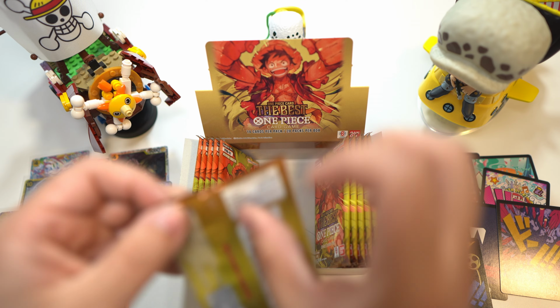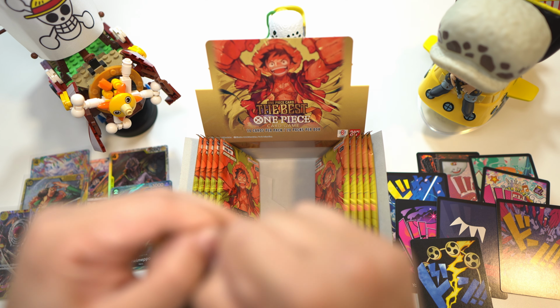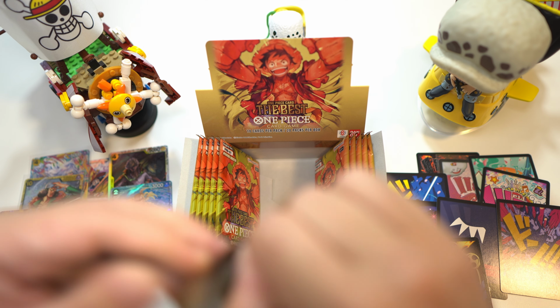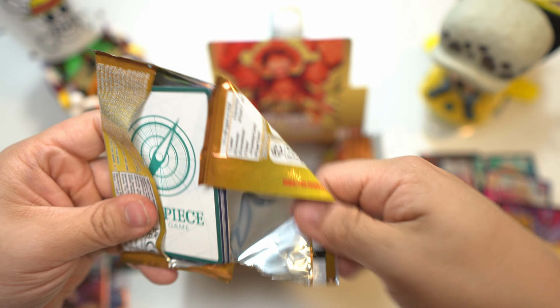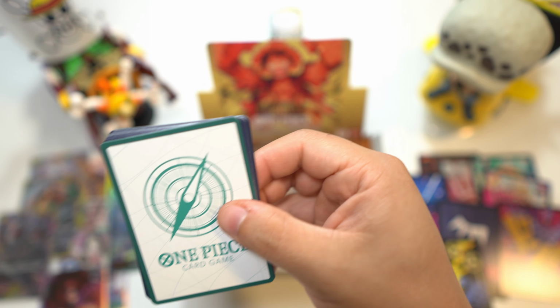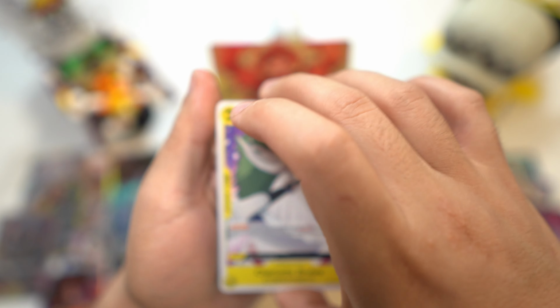And that's what I feel about PRB-01, that sometimes you just get hits after hits. And again, this is what I meant by it takes a while for me to open some of these cards, just because I don't want to damage anything of that sort. I know one of the